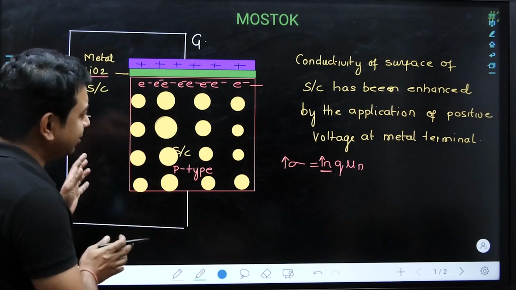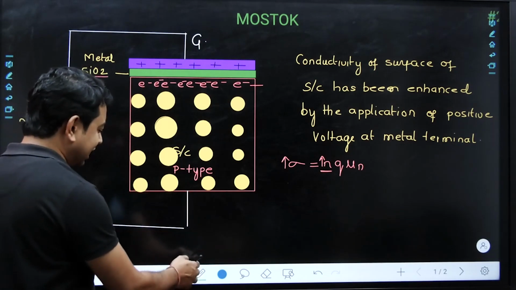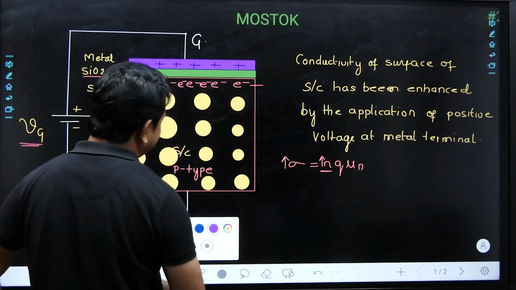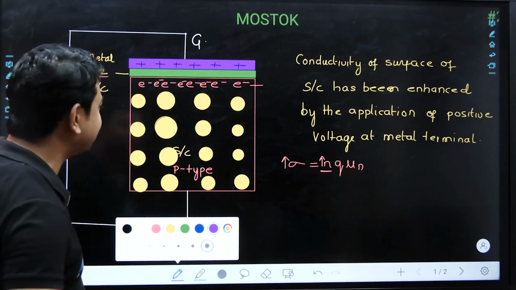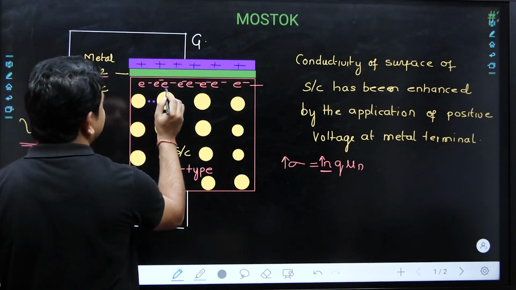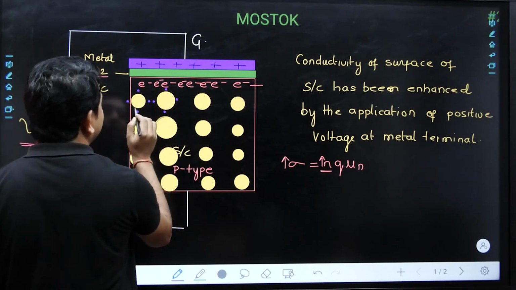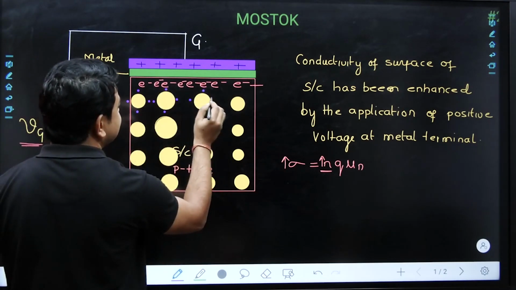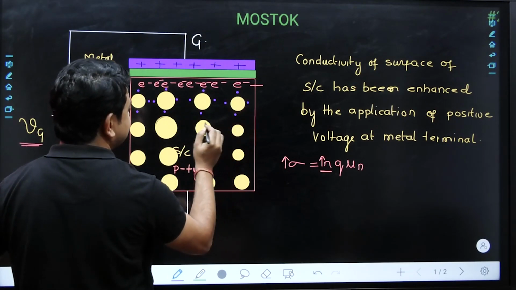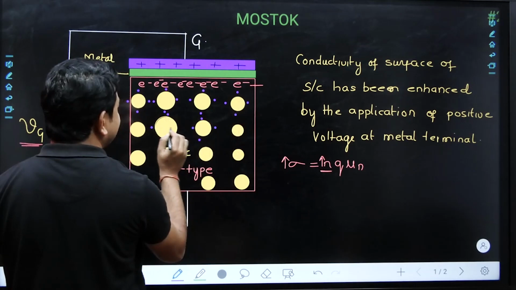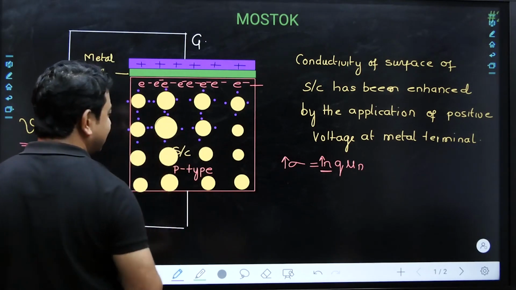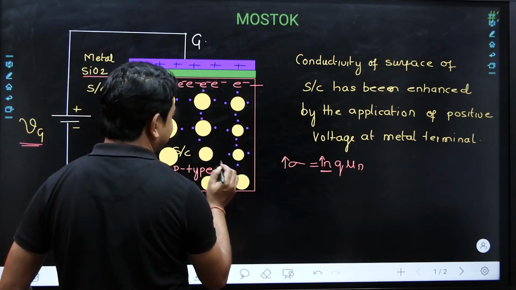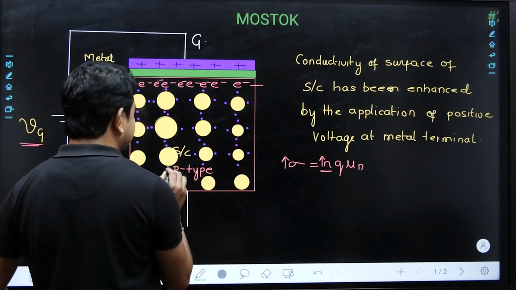So it is a proper arrangement of the atoms. If you have understood my previous session in GATE Academy Global, in which I taught basic semiconductor physics, we know that a single atom has 4 electrons in its outermost shell. Similarly, this one also has 4 electrons, and this one too. So each and every silicon atom has 4 electrons in its outermost shell, and these outermost shell electrons are loosely bonded.